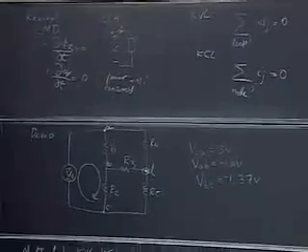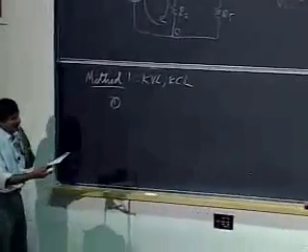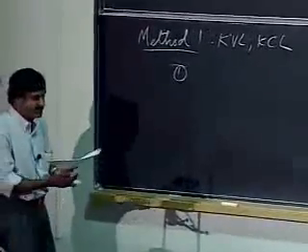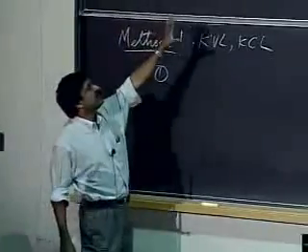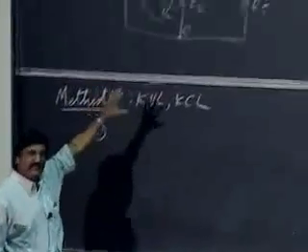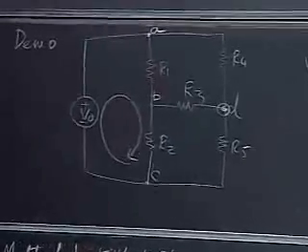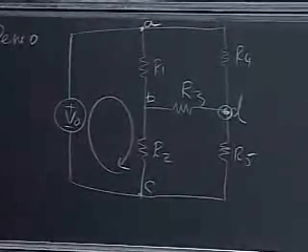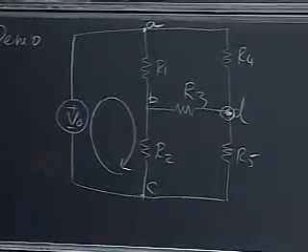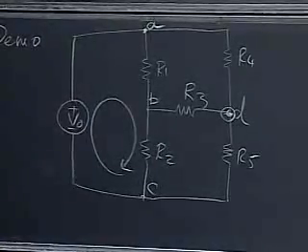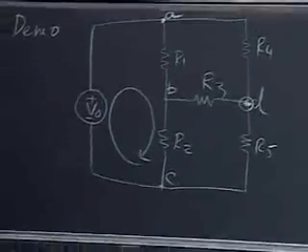Okay, so for analysis here, we can apply this method that I'm about to show you. And the idea here is that, given a circuit like this, let us figure out all the voltages and currents that are a function of the way these elements are connected. So the basic KVL and KCL method has the following steps.